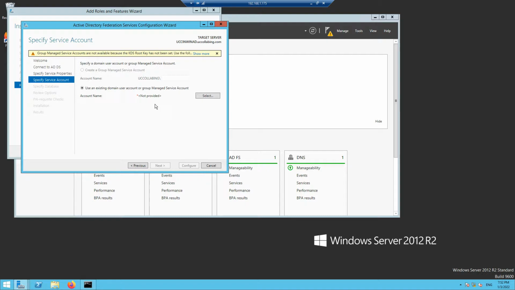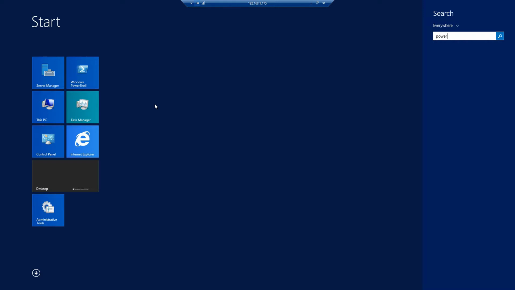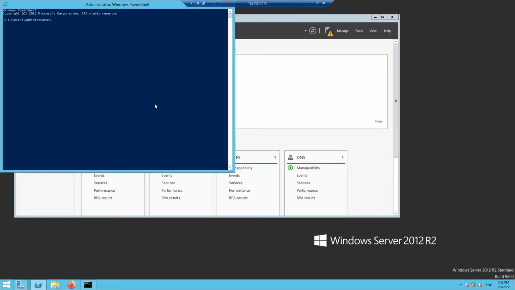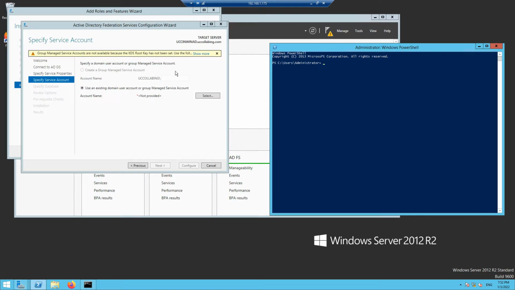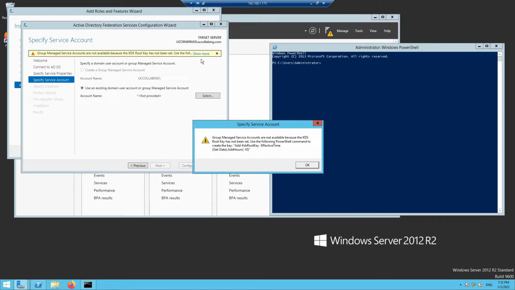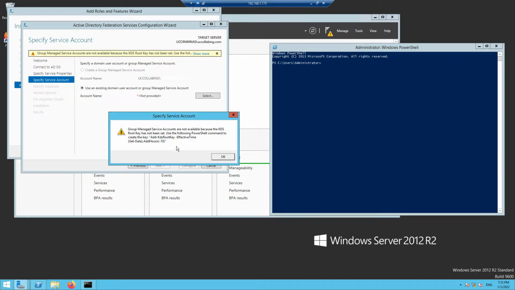Now what you have to do is open PowerShell. I'll search for Windows and then search for PowerShell. Once you click on it, you need to click on Show More. It will give you some message. So you have to enter this command in the PowerShell window,